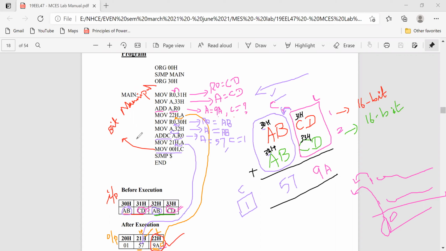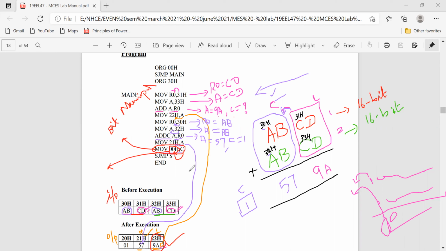You are moving a carry bit to one of the addresses, 00H. Okay, so with this I will stop the program. So here the carry is 1, which will be moved to this location. What is this location? Everybody should understand that it is a single bit operation, so we move a single bit only here.